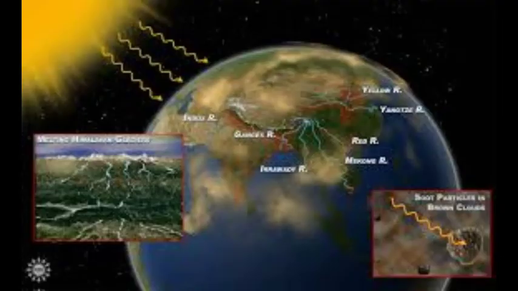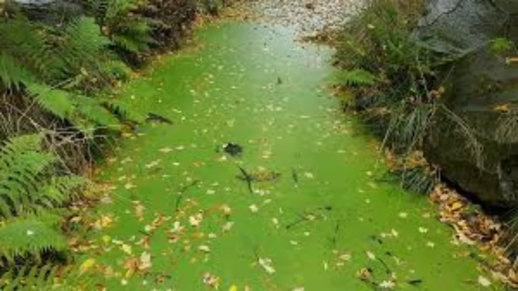Sixth, global warming. Due to global warming, there is an increase in water temperature. As a result, aquatic plants and animals are affected. Seventh, eutrophication. Eutrophication is an increased level of nutrients in water bodies. This results in bloom of algae in water. It also depletes the oxygen in water, which negatively affects fish and other aquatic animals.